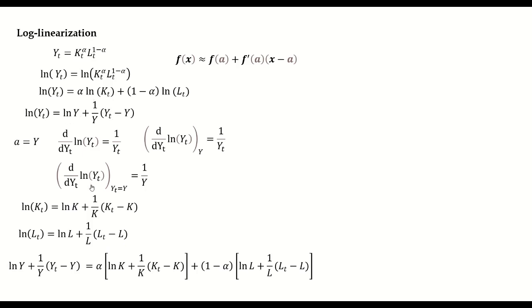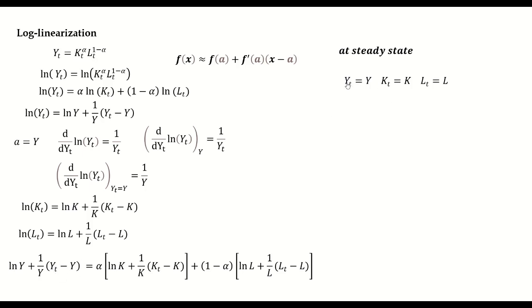Instead of log of kt, we will write this expression, and instead of log of lt, we will write this expression. So we substitute that. One more step that we have to do is to substitute the steady state condition into this expression. So we know that at the steady state variables don't change. It means that they will reach a certain constant, and once we substitute that value in here, we notice that